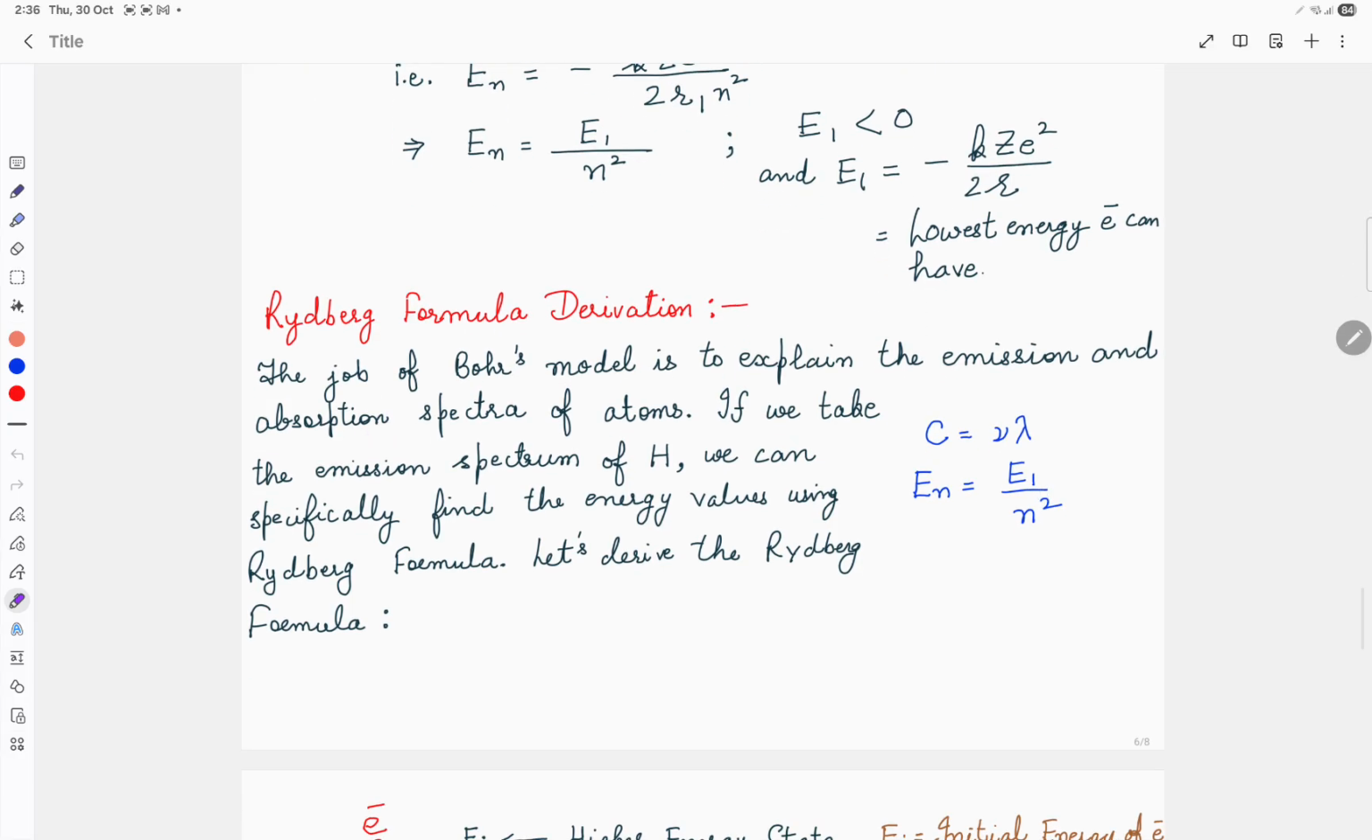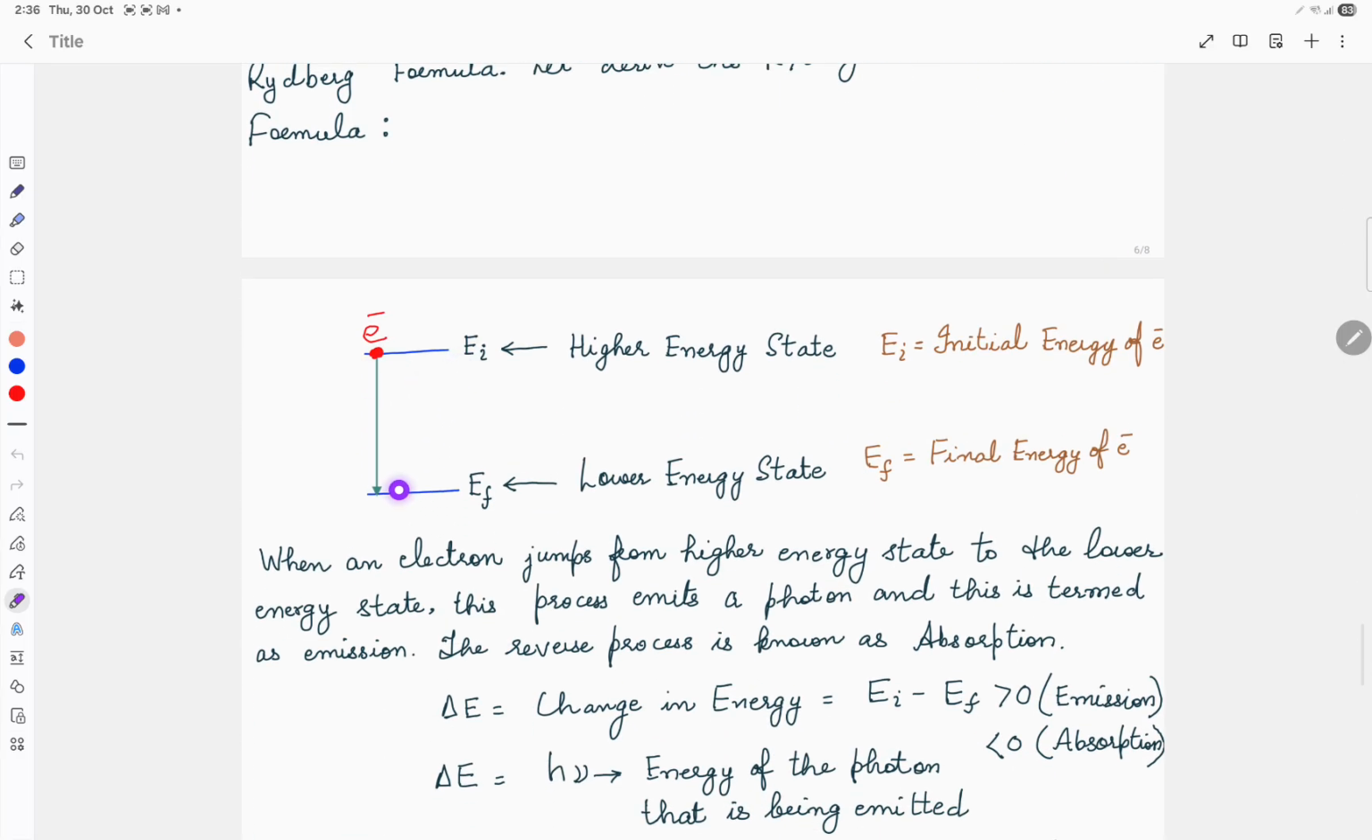Now there is an important formula we have to look at, that is Rydberg's formula. The job of Bohr's model is to explain the emission and absorption spectra of atoms. If you have a higher energy state and the electron jumps from the higher energy state to the lower energy state, it will emit a photon. The energy will be equal to delta E, the difference between Ei and Ef. So delta E is equal to Ei minus Ef. If Ei minus Ef is greater than 0, that means energy is being emitted. If Ei is less than Ef, this difference is less than 0,